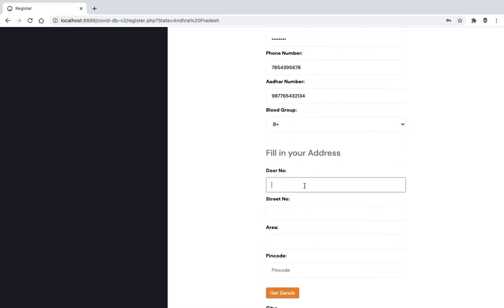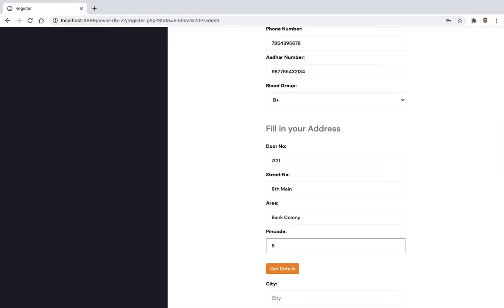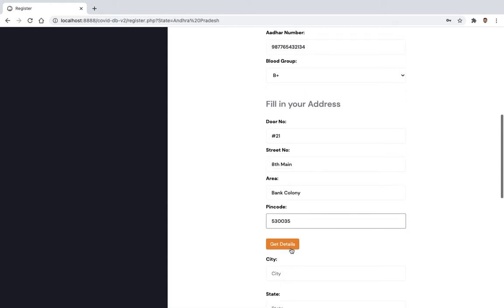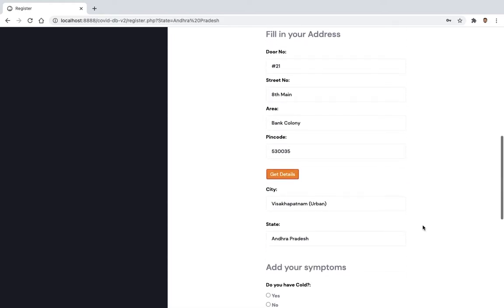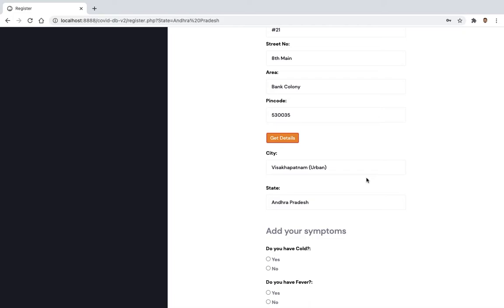So, upon entering the PIN code and clicking on get details, the city and state corresponding to this PIN code is fetched. This happens because of the PIN code API that we have implemented in this project.